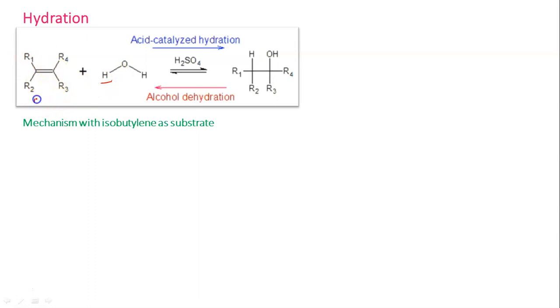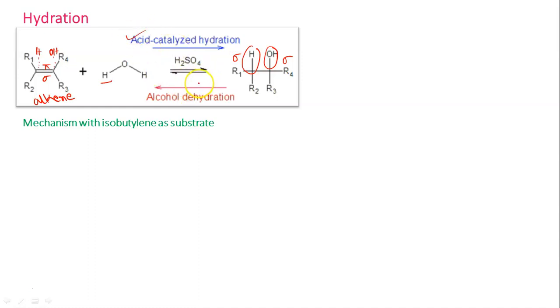So here we have our alkene, our starting material. So here H and OH will be added. So it is the net addition of water. Okay. So one pi bond will be broken, and here we will get two new sigma bonds. So this is one sigma bond, this is another sigma bond, and this reaction is acid catalyzed hydration.